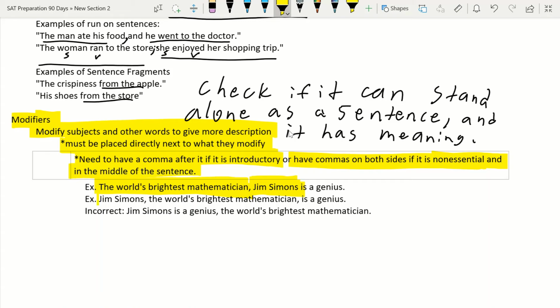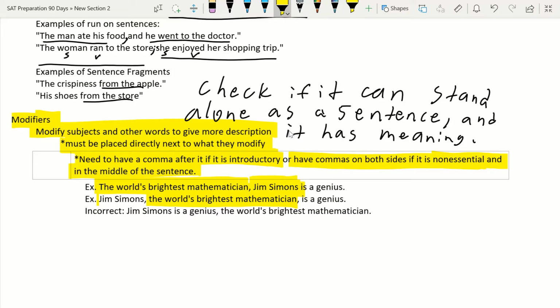Let's say we had this example right here. We have Jim Simons, comma, because we have to use that comma, the world's brightest mathematician, is a genius. So our modifier here is the world's brightest mathematician because it's modifying who Jim Simons is. And we see that it's non-essential because we could take it out and still have a complete sentence. So if we took it out, we would have Jim Simons is a genius. That has a subject, Jim Simons, and a verb, is. So that is a non-essential modifier, which means we have to offset it with commas because it's put in the